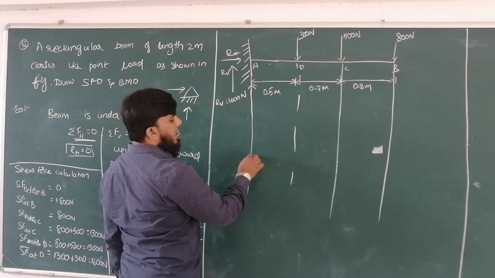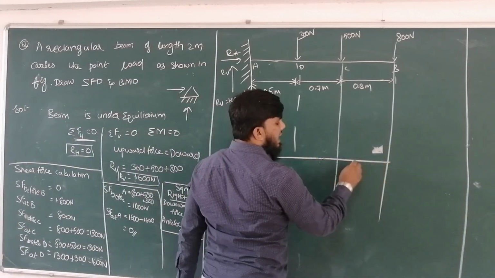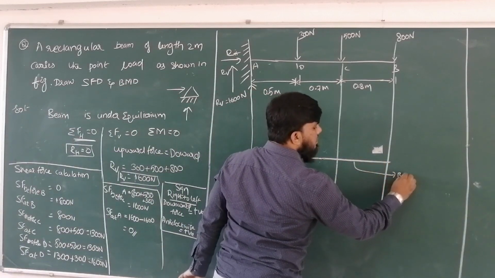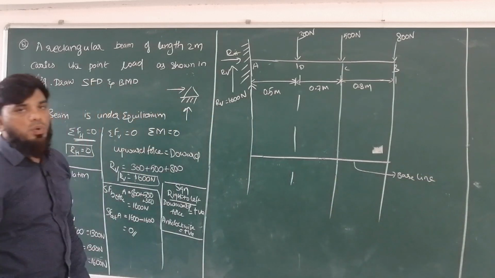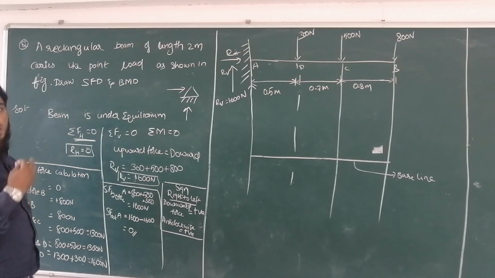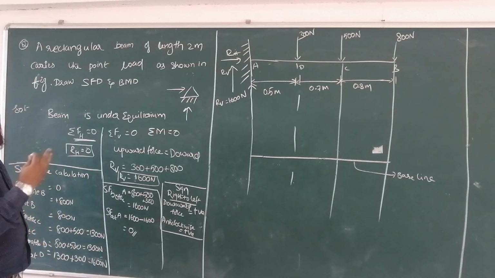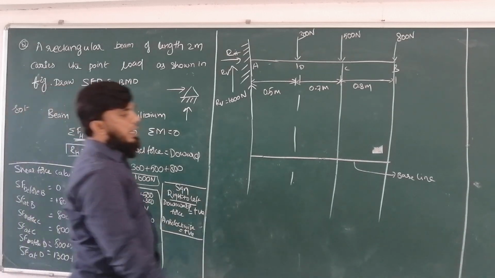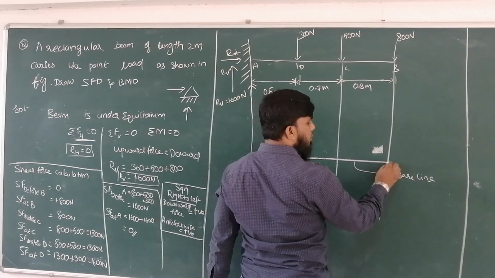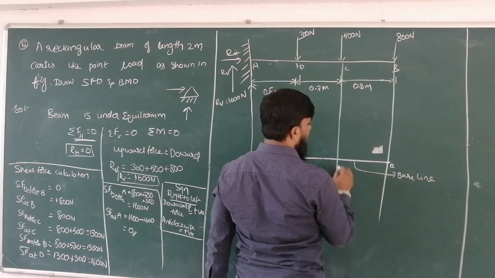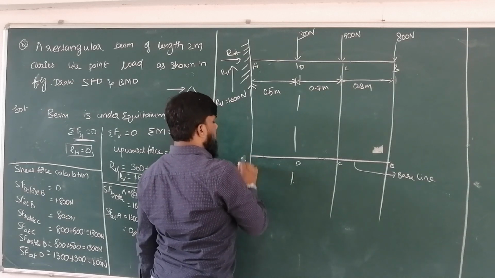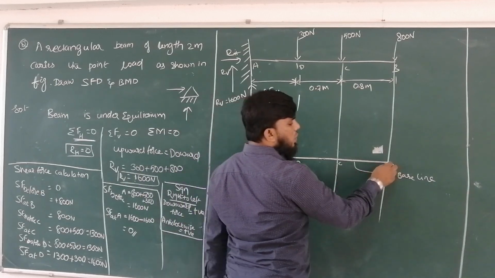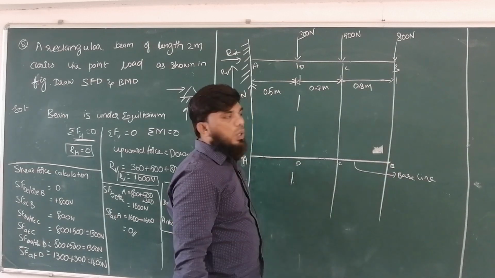So how to draw the diagram is, let us take this as a baseline. With this baseline, how do we solve it? We are solving from the right corner. Let us draw the shear force diagram. This is point B, this is point C, point D, A. Before point B there is no load, hence it is 0.